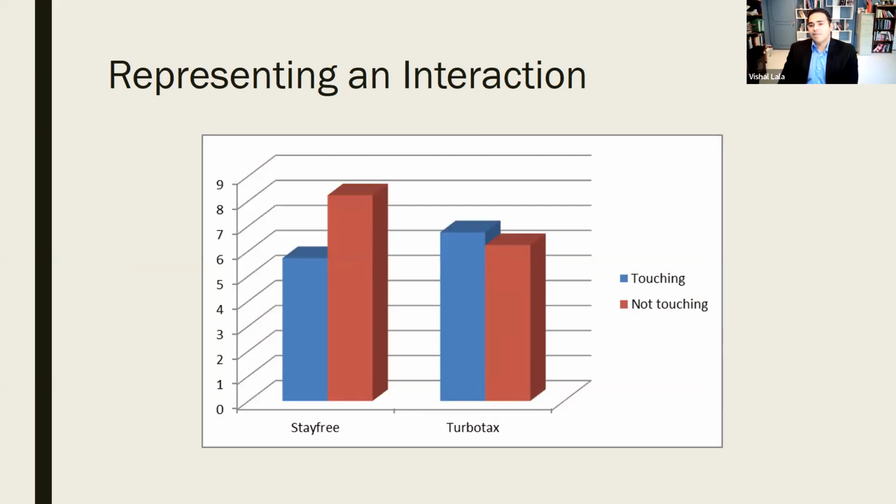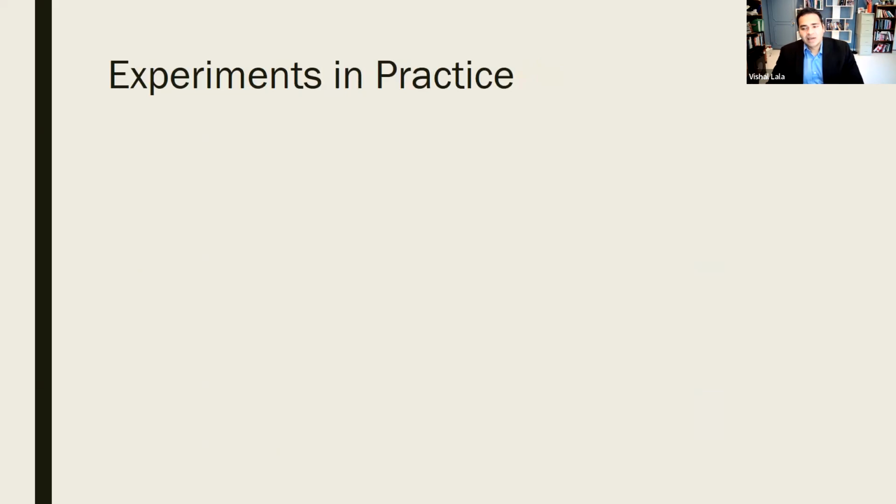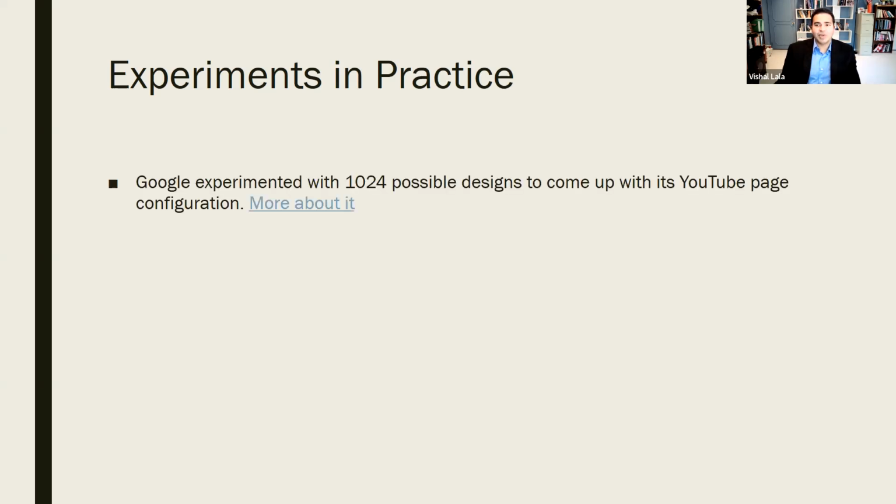So for state-free, the red bar and blue bar are different, but not so for TurboTax. This is called an interaction effect. We'll look at this in much more detail in a couple of sessions. Okay, so let's talk a bit about experiments not with Duke University students or in a university campus alone. Experiments are conducted and practiced a lot, and it's just we don't hear about them a lot, but they're conducted